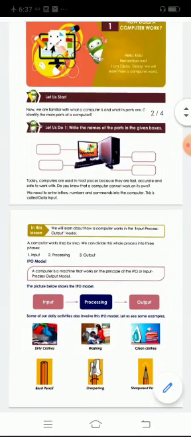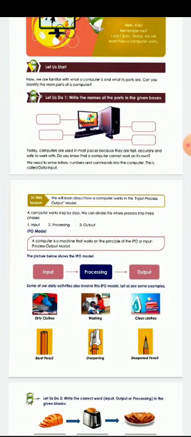Next, how a computer works. A computer is a machine which is used to store data. Okay, and how it will store the data and how it will work. A computer works on the basis of IPO model. What is IPO model? IPO model means input, process, output model.